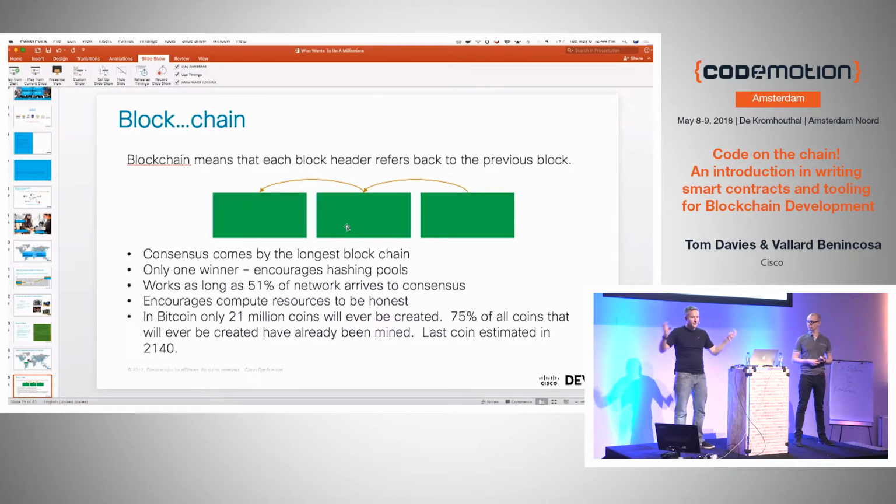A lot of times different miners will come up, they'll have the block to say, this is the next block, and somebody else will say, no, I found the next block, and they'll look completely different. And what Bitcoin has is this idea of eventual consensus, and what that means is that as more and more blocks get put on top of one block, which may be chosen by half of the nodes, versus the other one, then the one that has the longest history becomes the standard chain, and the other one is eventually dropped. So that's what eventual consensus means. And that's blockchain. The block refers to the previous block.